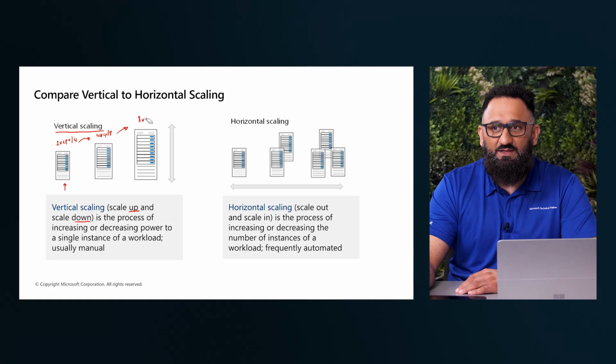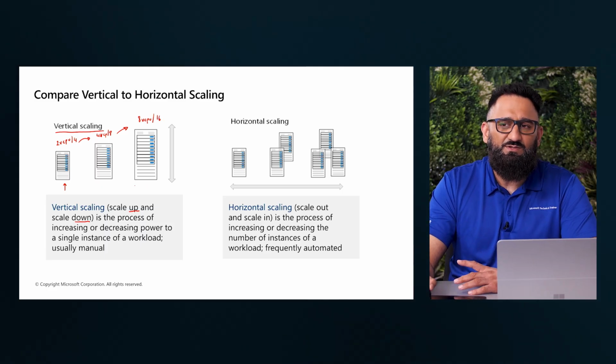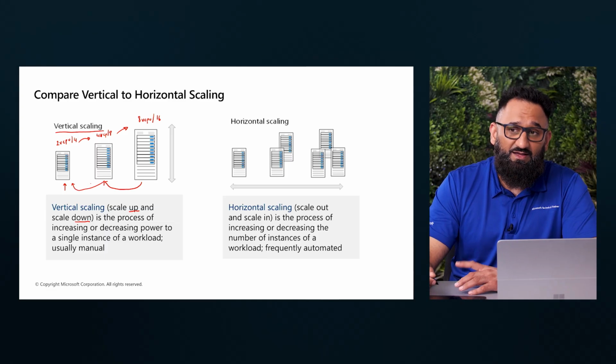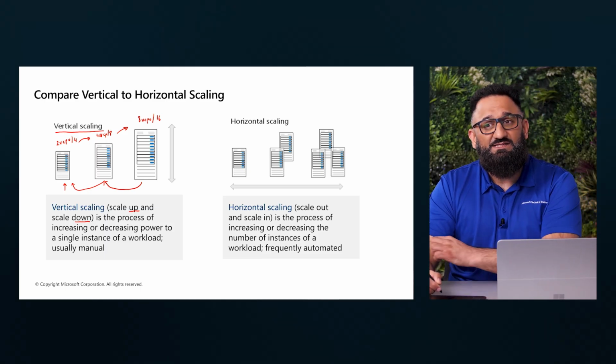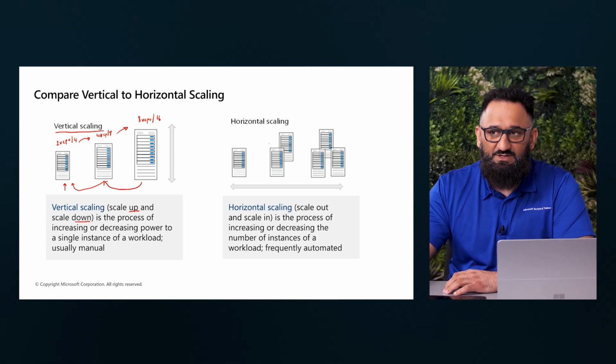Now, if I was already, let's assume, working on something that had 8 virtual CPUs and let's say 16 gig of RAM, and I thought that was too powerful, I'm not utilizing the full potential of this machine. I could simply scale down onto something that I can use. Again, I don't need to jump in stages. I can jump down to the requirement that I have and see how that works. Now that's vertical scaling. We'll have a look at some of this in the portal just in a minute.